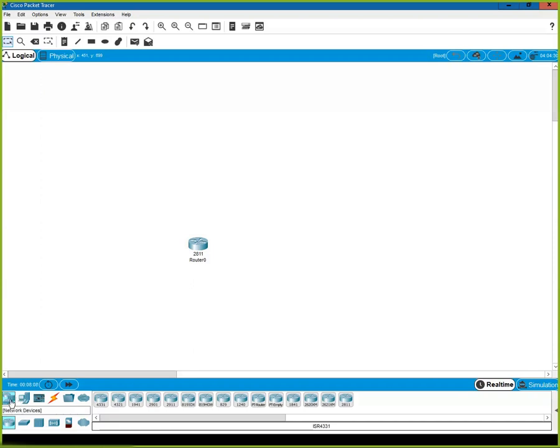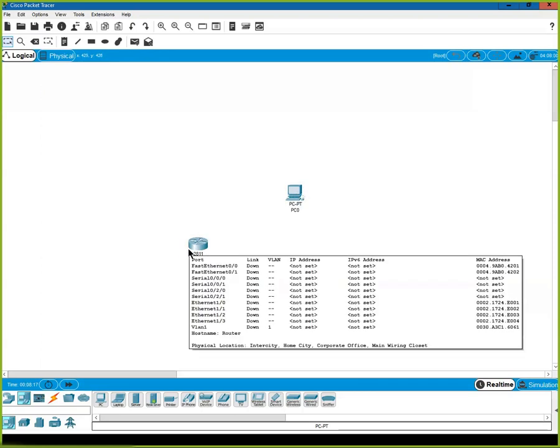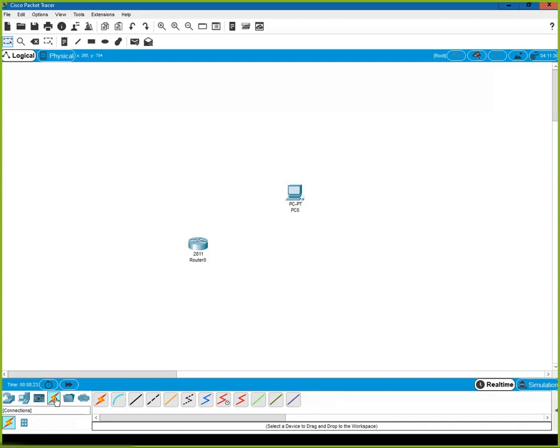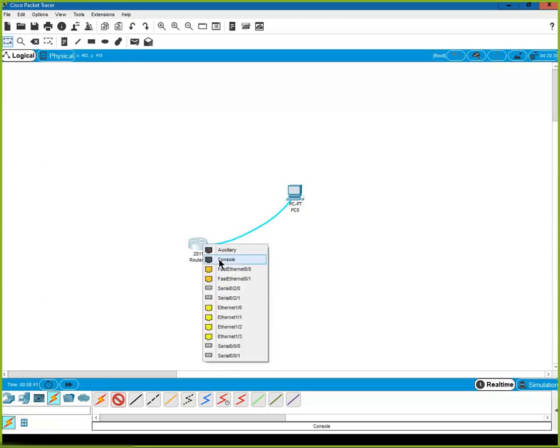The first thing we have to know is that these devices don't have keyboards, mice, or monitors. So we have to connect to the console port. In Packet Tracer, this little blue line represents the console port, the rollover port. We'll connect from the RS-232 serial port to the console port. You can see all of the ports available on this device, all the stuff that I added to it. We have a bunch of serials, and the original two Fast Ethernet 0/0 and